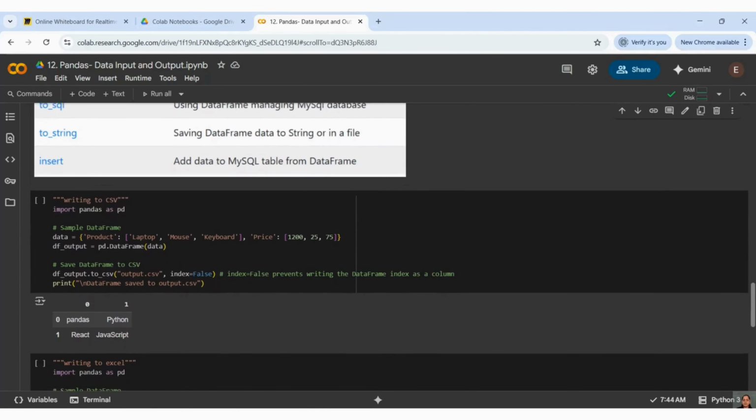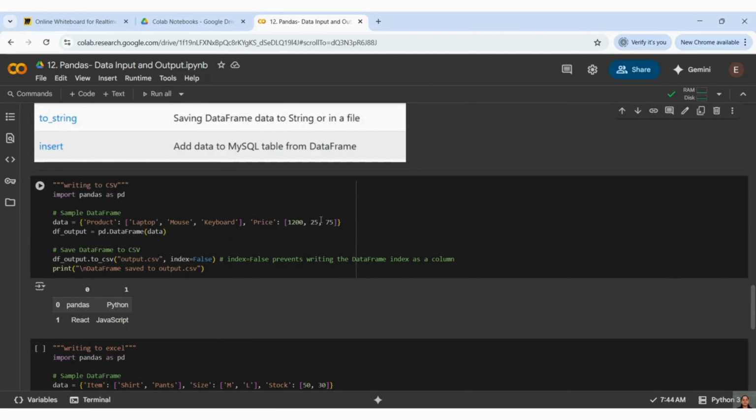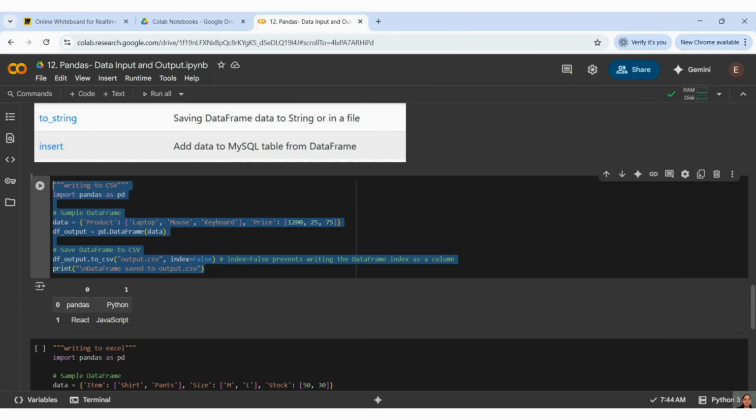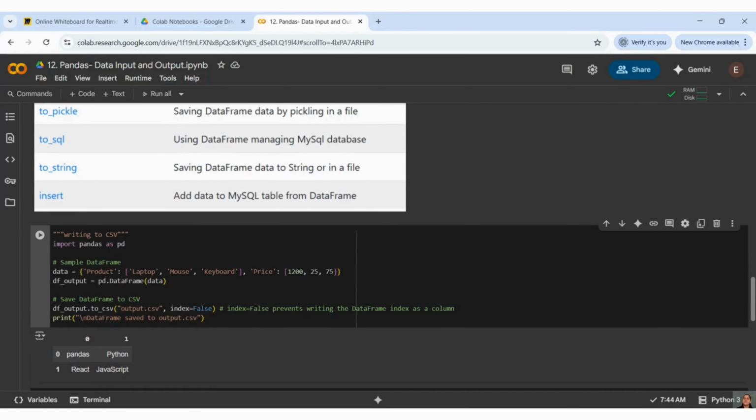We will not go deeper because our purpose is to show you how you can get the data and how you can work on the data. However, you can just understand that these are the different formats. And most of the time, like I have already mentioned, we are getting data in Excel format or CSV format or SQL. Mostly we are getting it from SQL. We have vector databases, we have SQL databases, and from those places we are getting the data.